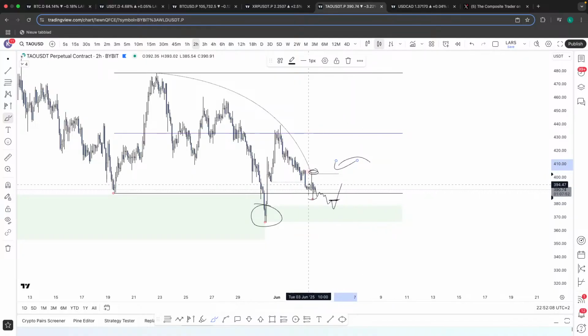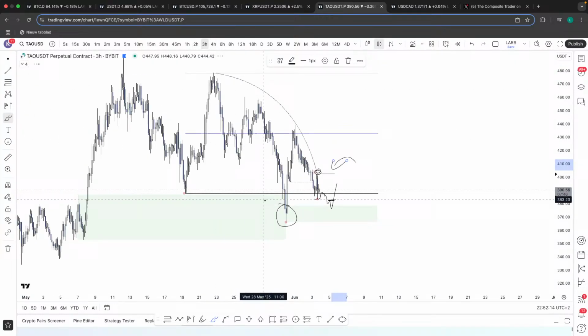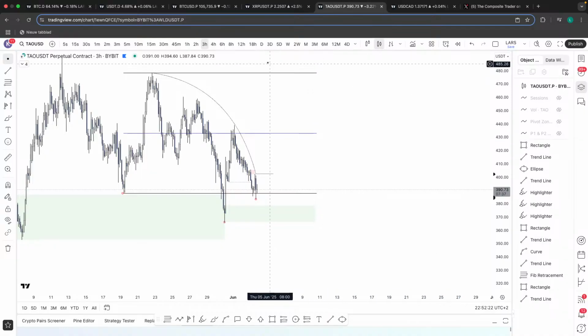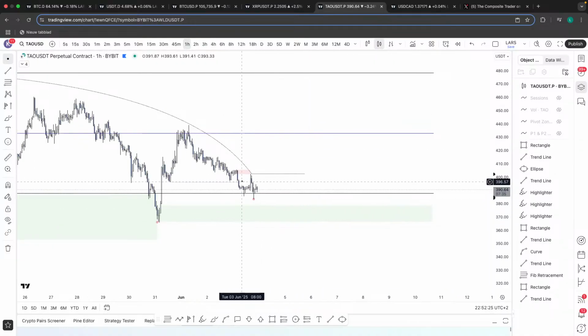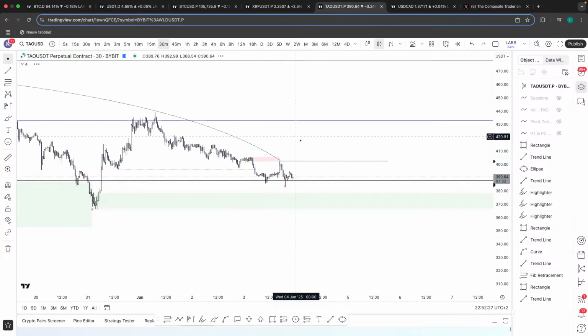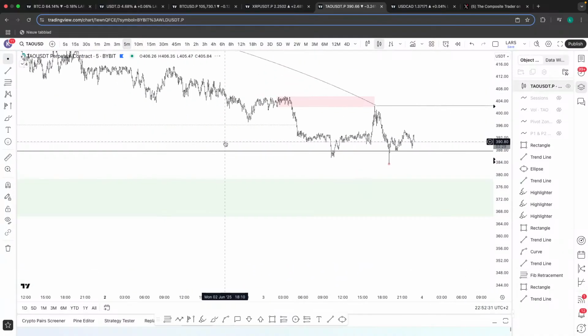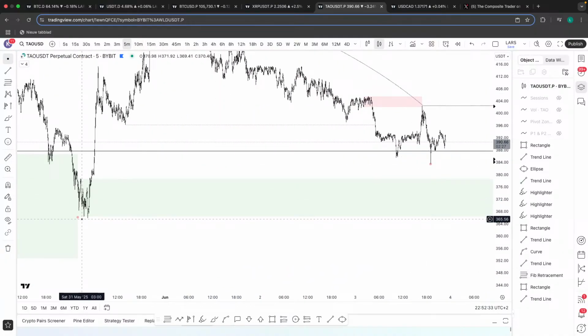And if you don't break structure and you go lower, well, then we can say there was some sort of reason to go lower, because we have this demand here, which is also a 3-hour block. So you're already at a valid location to be putting in a third tap. You just haven't confirmed it yet. So if you want to grind down lower, you can, because there is a reason to. But if you start to break structure, then that's already an entry.